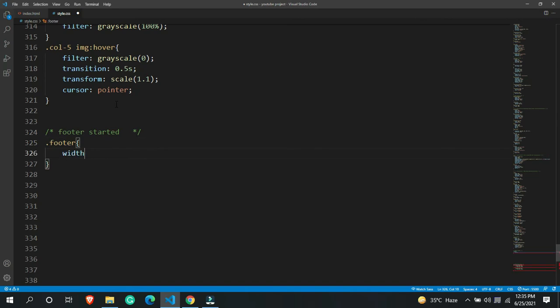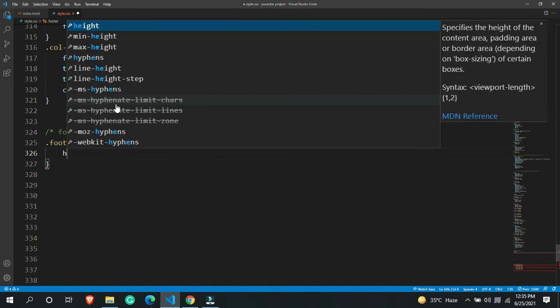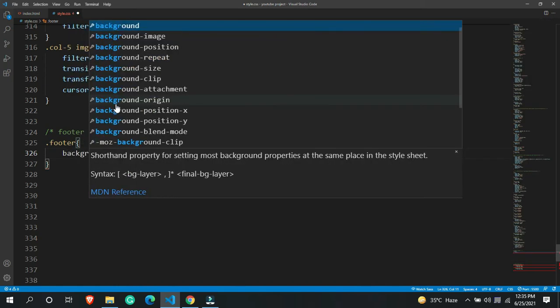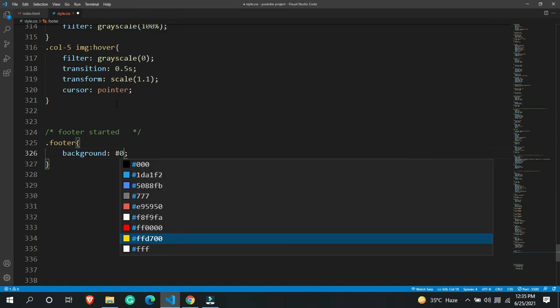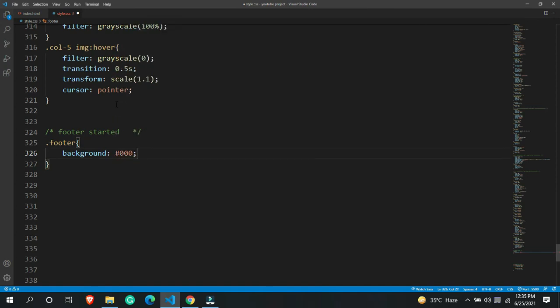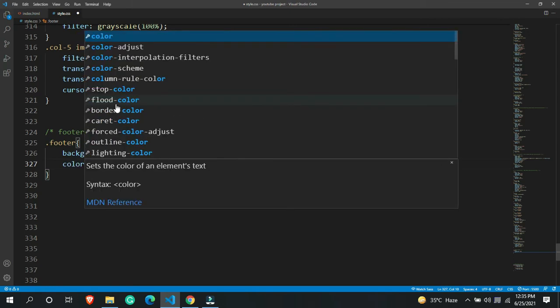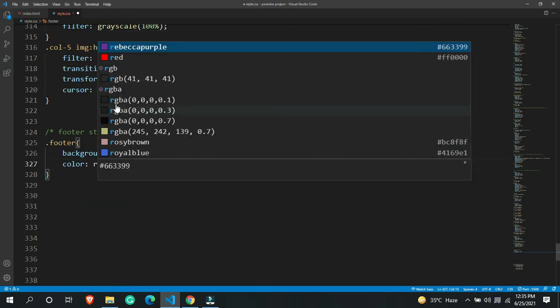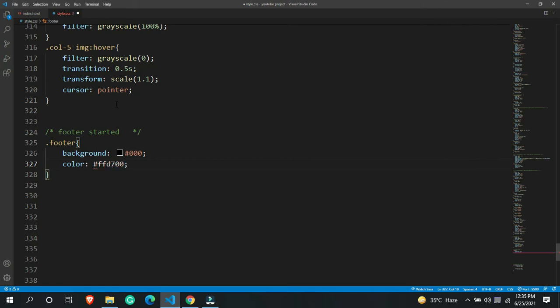Width is going to be, before doing anything, add height. Actually, not height, let's just add background first. I wanted to add a background that is black. Then I wanted to add color, and inside this color let's add this yellow color.